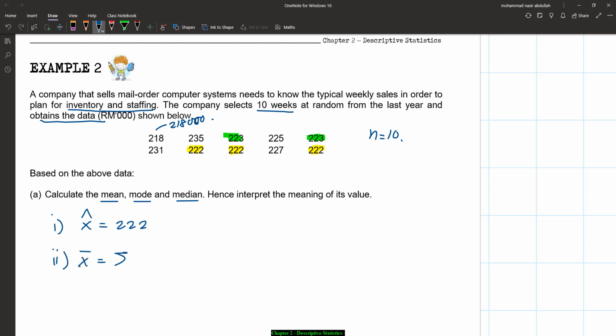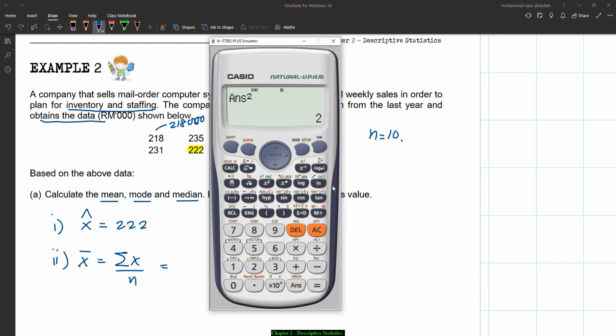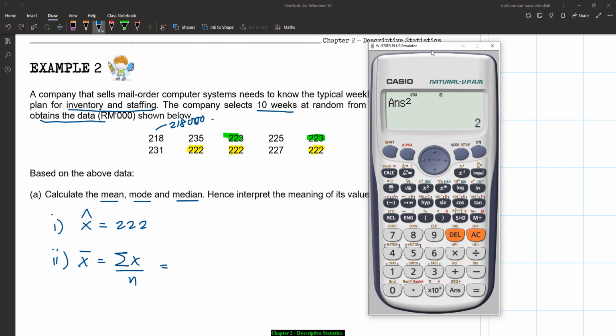So the mean is the summation of x divided by n. In the final exam or in a test, I require you to put all the values in the formula. So now we put in the values. First, we need to click on mode, click on stat and 1. So we will get this one, 218, sorry, 218, oh,